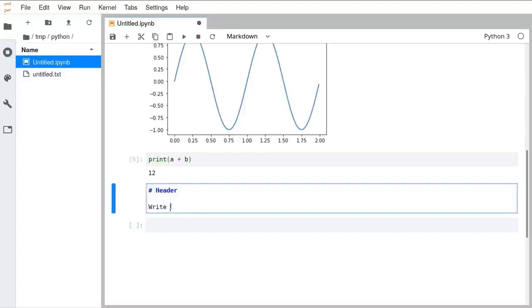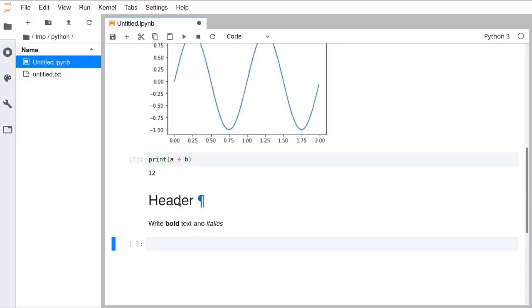You can write bold text and italics, or I could if I could spell correctly. And you see it formats it with bold and italics. And so what this allows you to do is to interlace with your code blocks of text which describe what your code is doing. And the real powerful thing about this is it gives you the ability to write a whole report